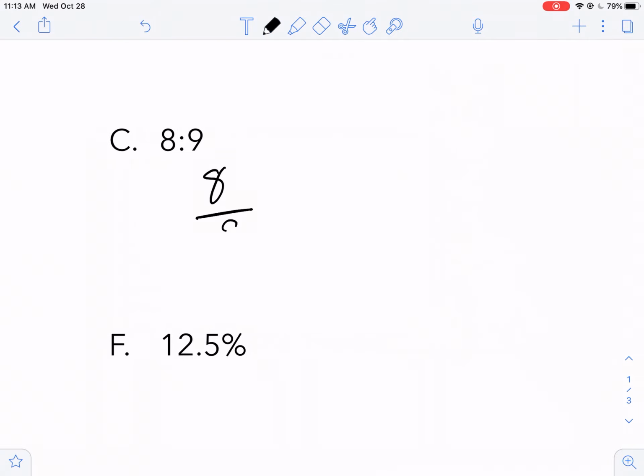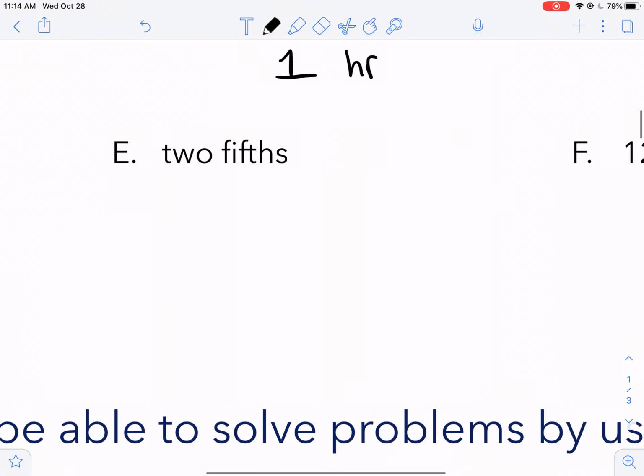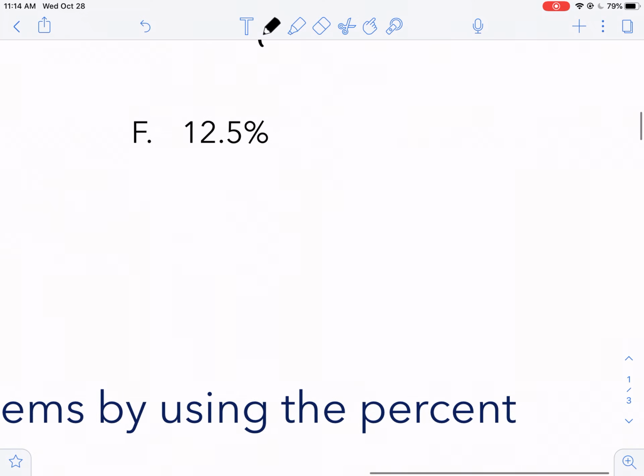8 over 9, 15 to 10, and 2/5 is 2/5. And then finally,